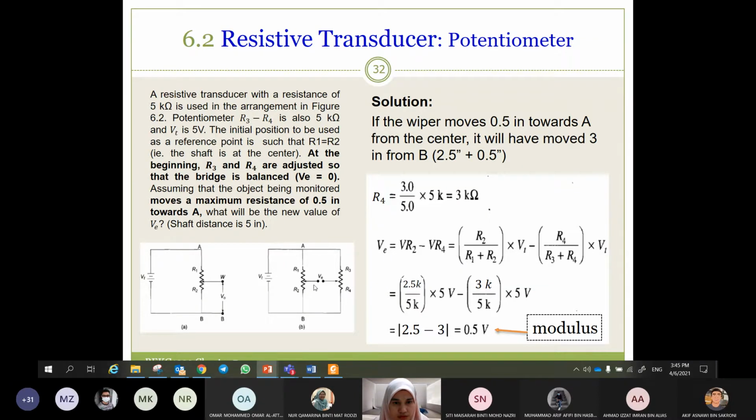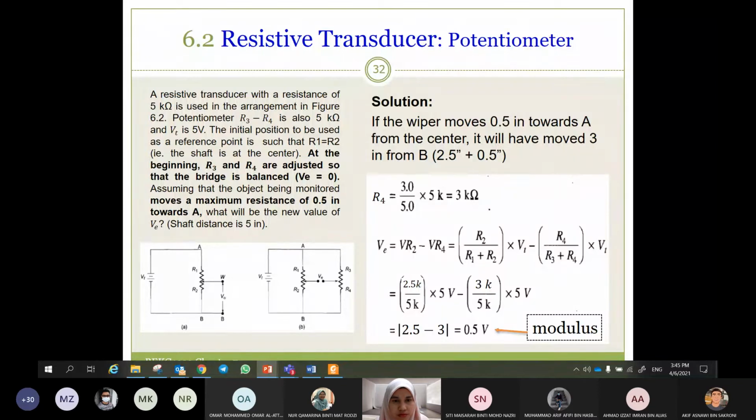of the position, R2 is at the middle. So 2.5K divided by 5K, multiplied by 5 volt. And then minus VR4. VR4 is